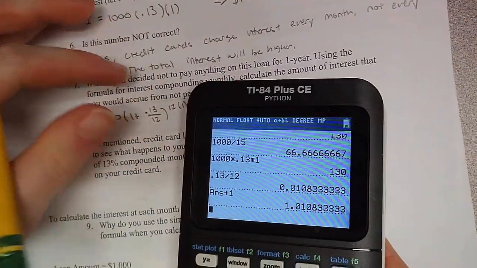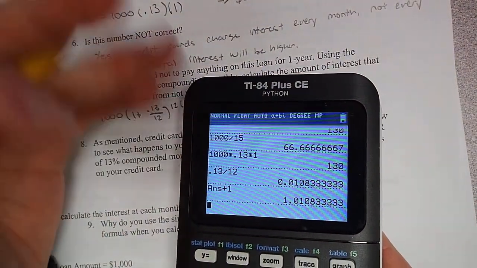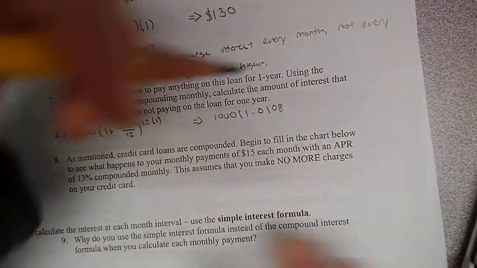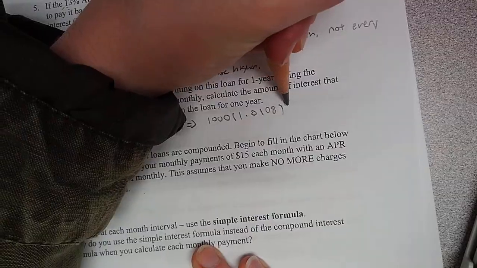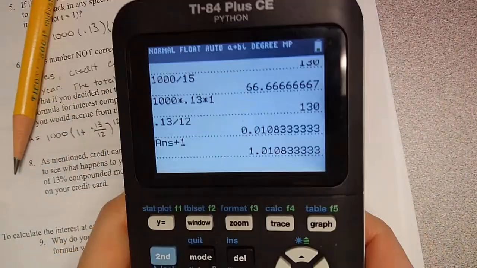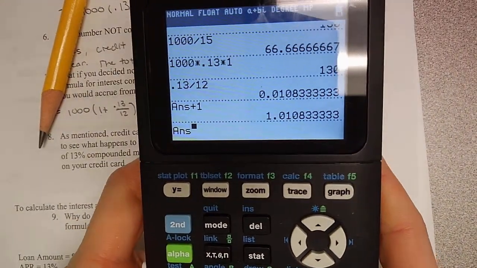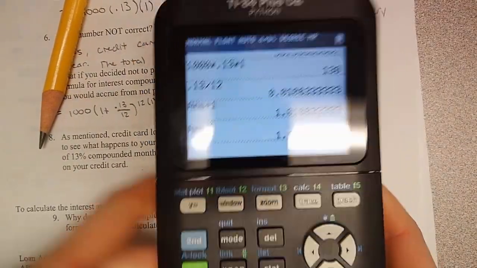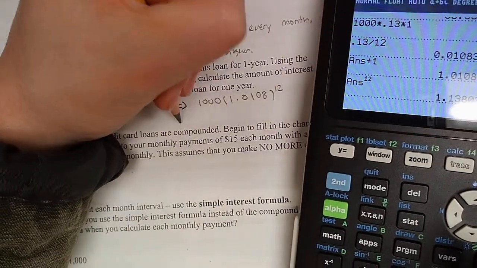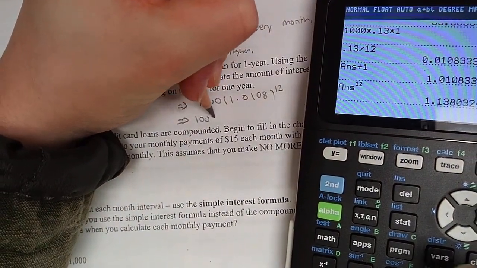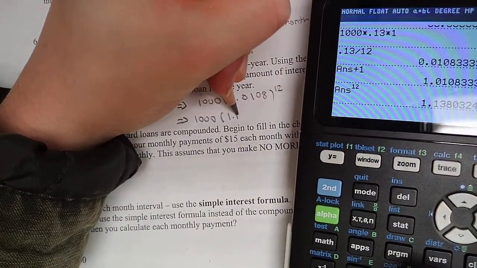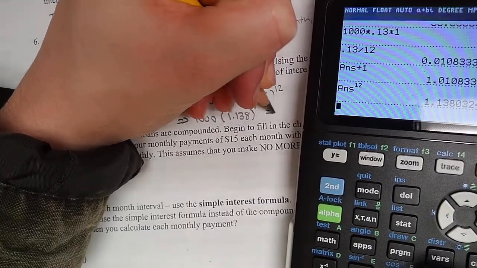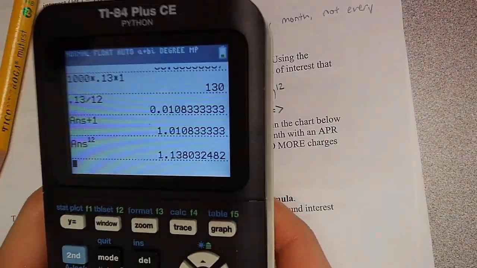Okay, I'm just trying to get a bunch of decimals. Good enough. And then that to the power of 12, that's 1,000 times this to the power of 12, which is 1.138. All right, and then that becomes